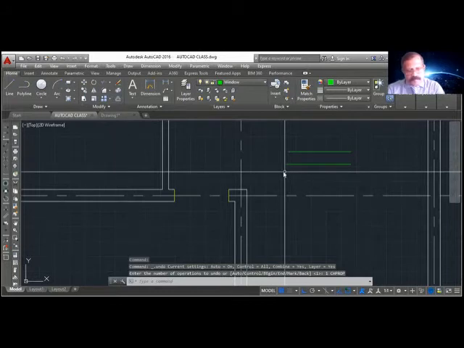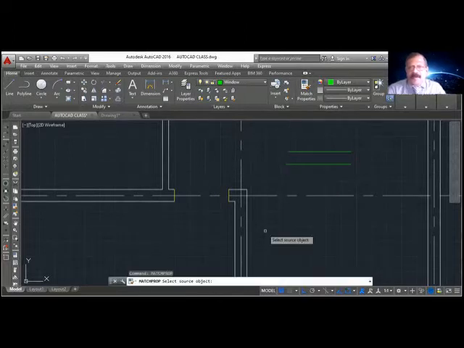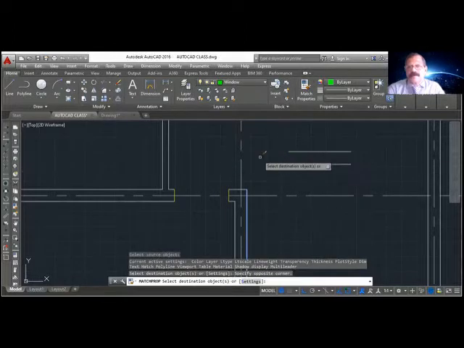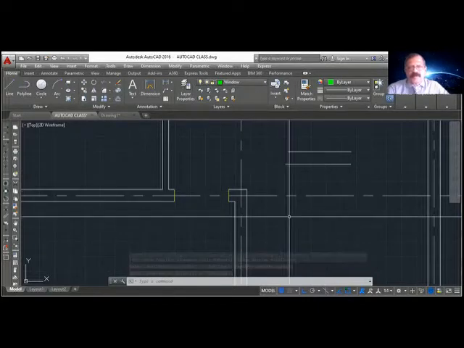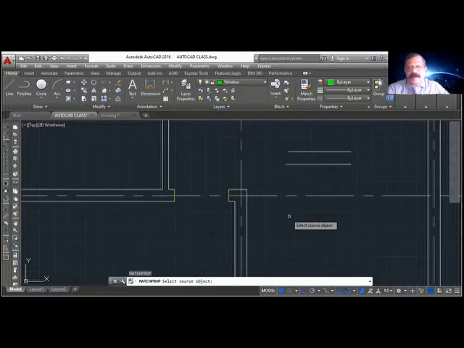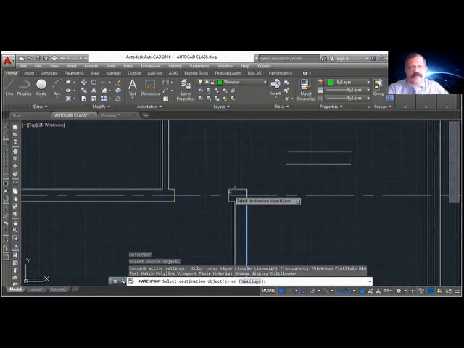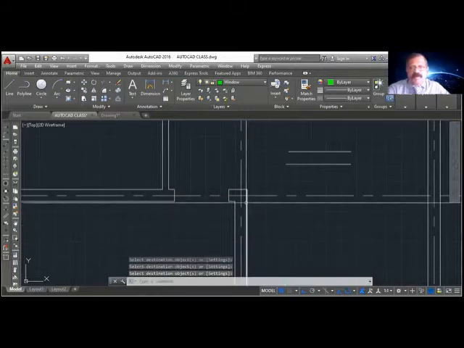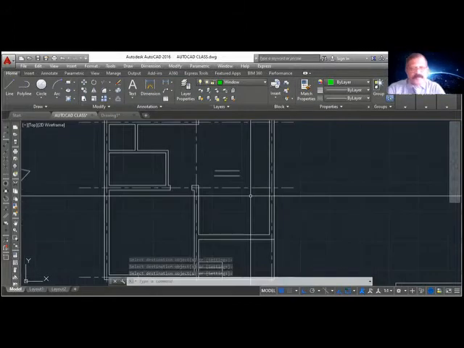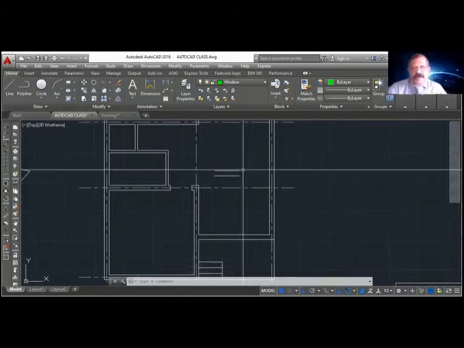Okay. Another method is match property. Match prop, enter. You select which one you want to copy. I want to copy the wall to this object. So select the wall. Select. See, it copied. So match property is a command by which you can copy property of one object. So if I use match property here, I can select this one and select these two. That's also how I can do it. So all the property of this wall will be copied to the other one. Okay, so match prop, to copy property of one object to another.